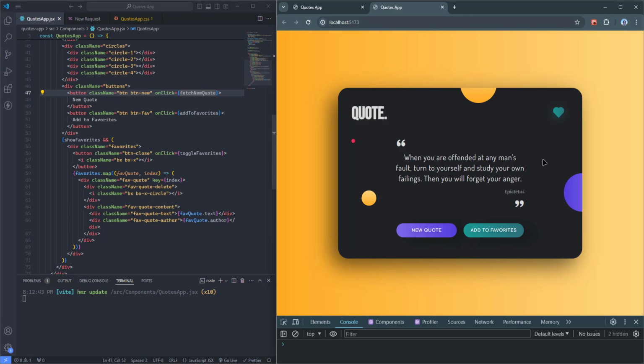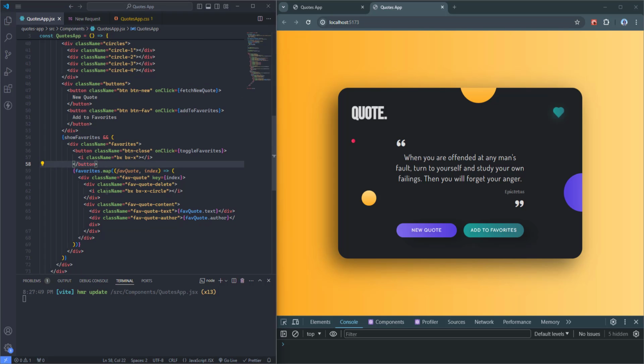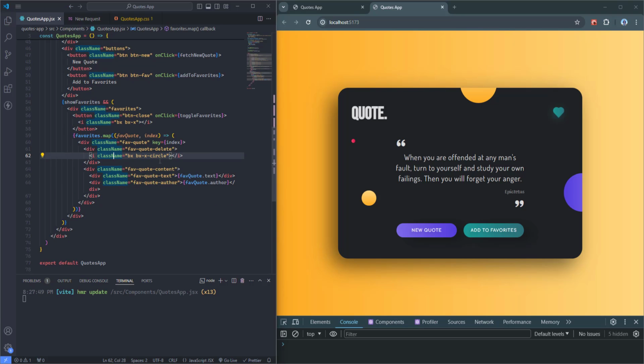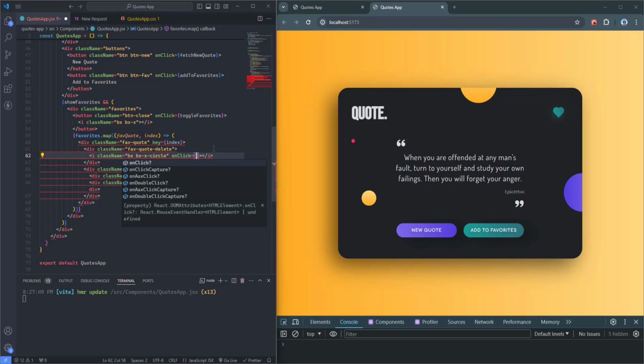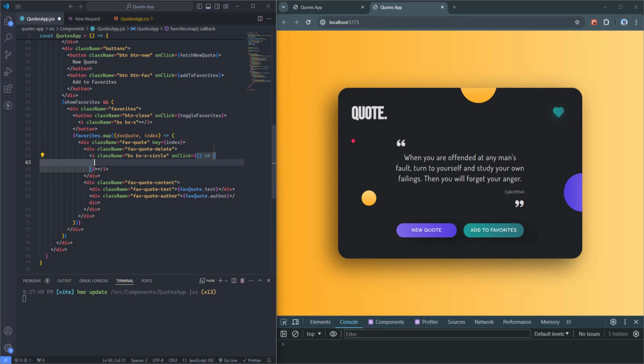So in order to do that, I'm going to find the delete button. We need this I element here. So we need to add here onClick event handler, which will include a callback function. And inside the callback function, we have to create a new array, updatedFavorites, by filtering the elements of the favorites array. So we need to create a new variable called updatedFavorites. It should be equal to favorites